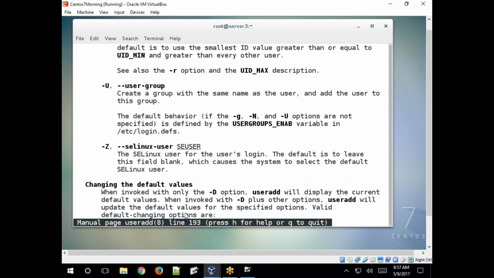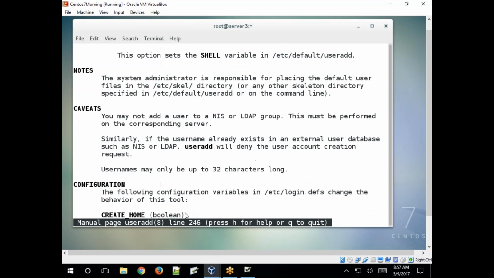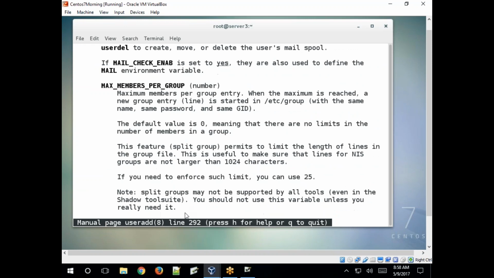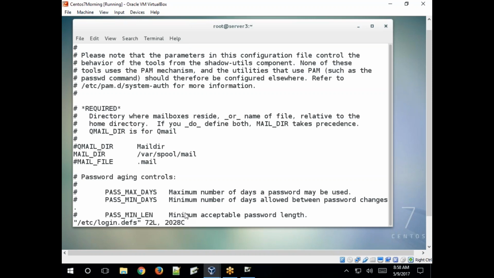This is the configuration file. Just go through this. Just understand. Okay. MAIL_DIR. I will show you that. vi /etc/login.defs. Based on this file, directories will be created. One mail spool directory will be created. See, MAIL_DIR /var/spool/mail. So if you want to specify a different directory, then specify here. Then the mail spool directory will be created under that directory, whatever directory path you specified here.